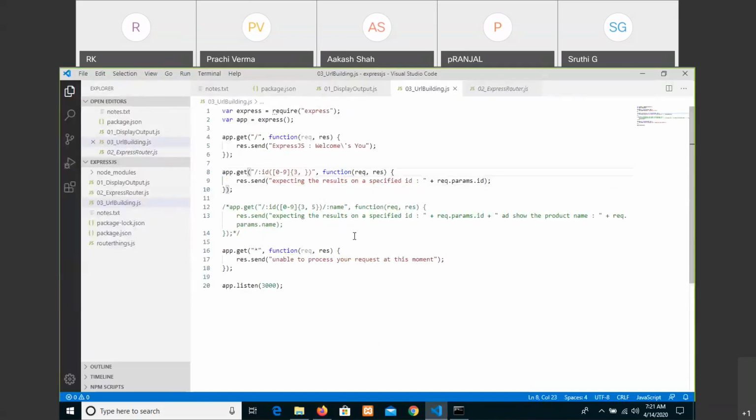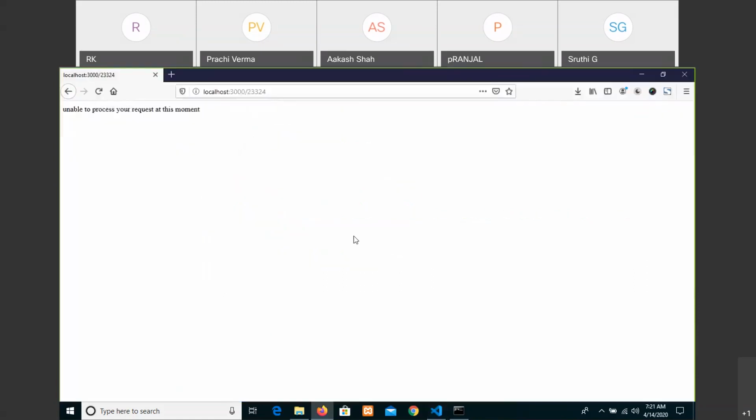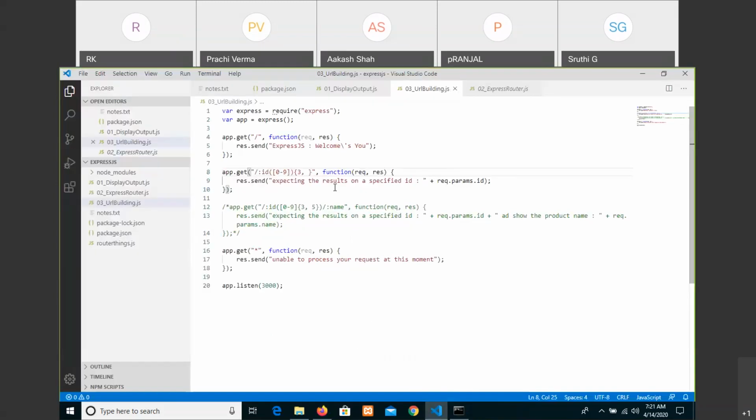Then let us do one thing. I mean, it is only three required.